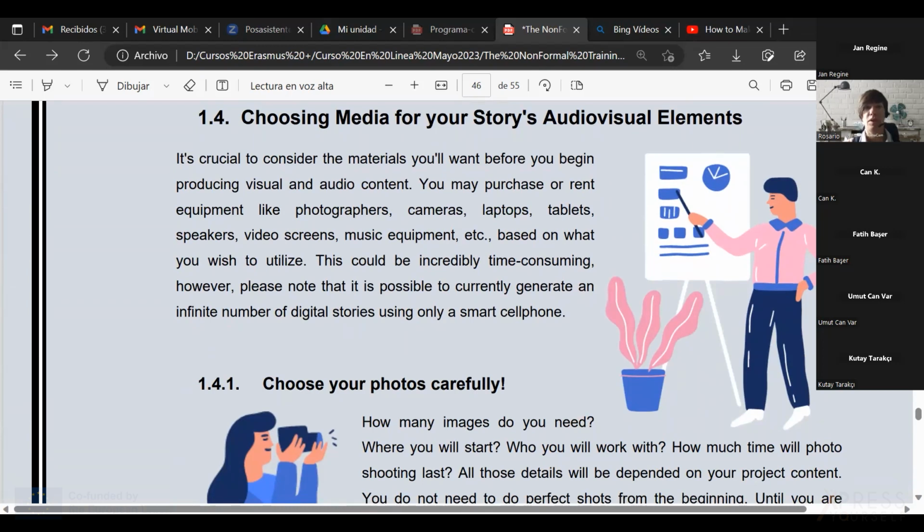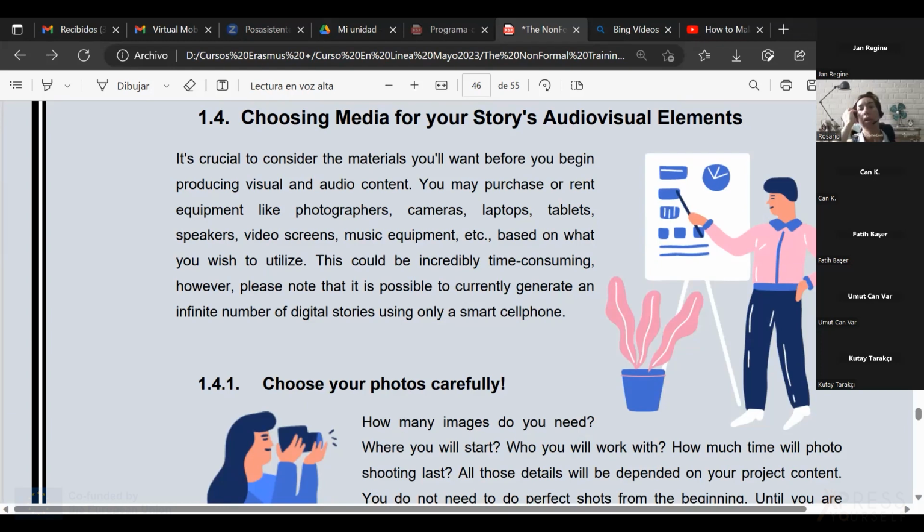So now comes the moment of choosing the media. What are you going to use, right? You can have a professional team of photographers with professional tools like cameras, laptops, tripods, lamps, speakers, anything, right? Even software for the edition of your video.